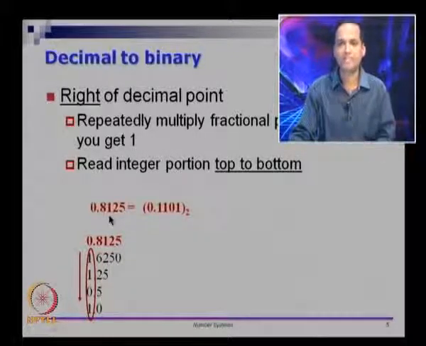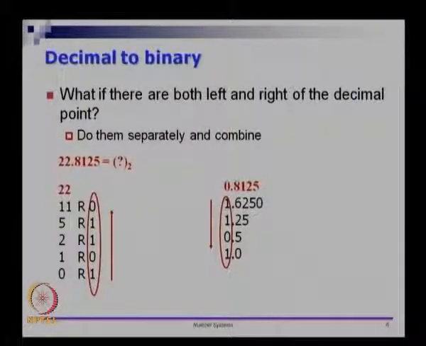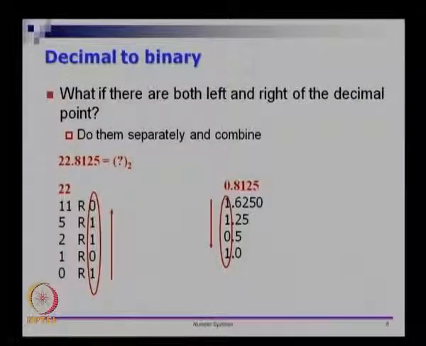You put the weights and check it more carefully, you will see that there. So if you want a number like this, let us say it is not just the decimal, not just the integer part, I have something which is a combination of both. If I have both the left and right side, take the left part alone, do as I said before. So take it repeatedly, divide by 2 until you get quotient equal to 0, read the remainders from bottom to